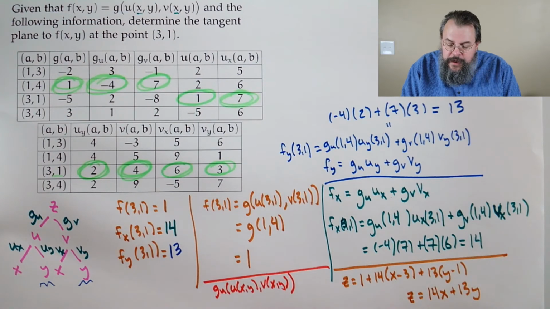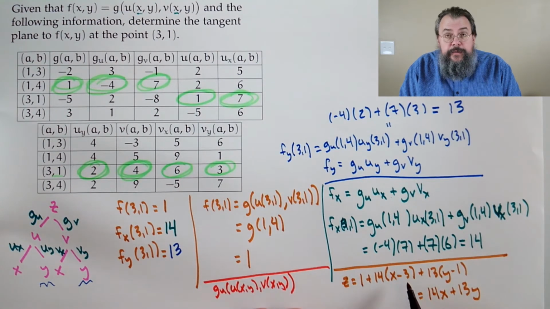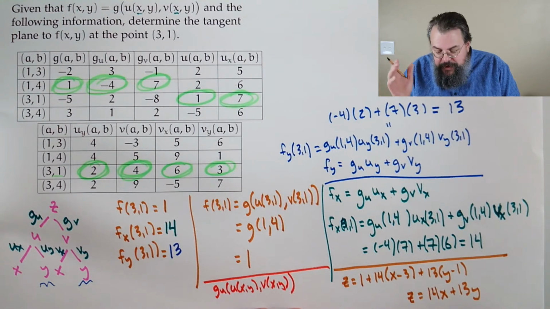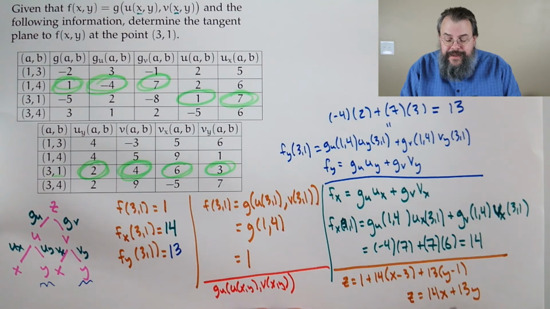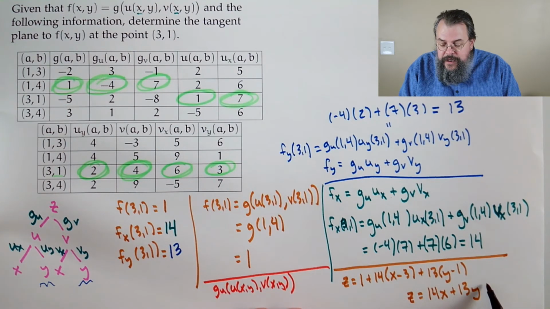Well, maybe 14 times 3 is 42. It's the answer to life, universe, everything. 13 times 1 is 13. So we have minus 42 minus 13 would be minus 55. All right, plus 1 makes that a minus